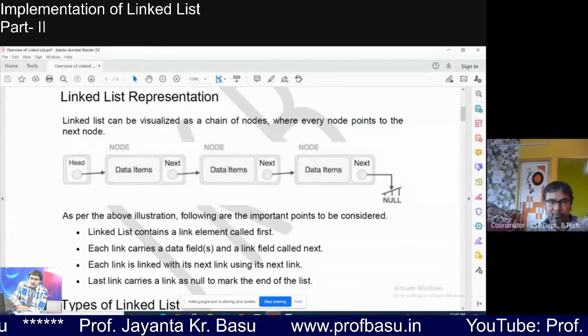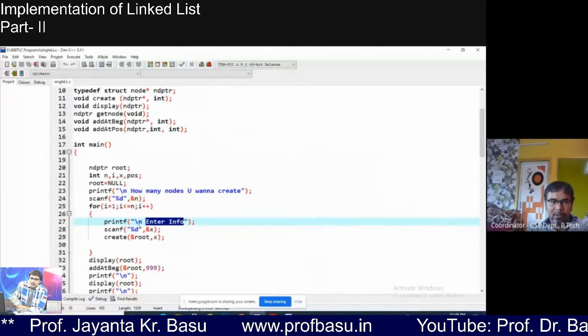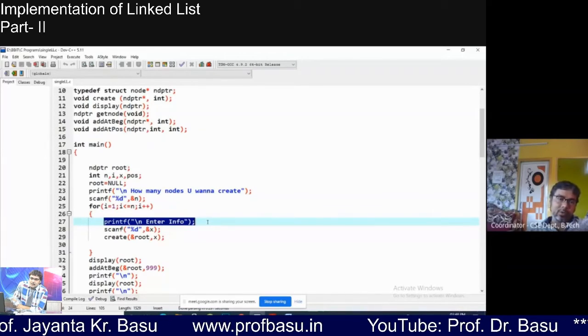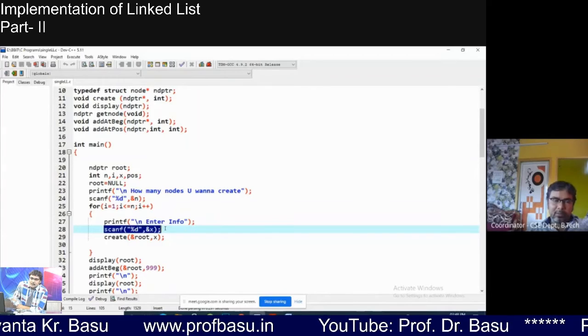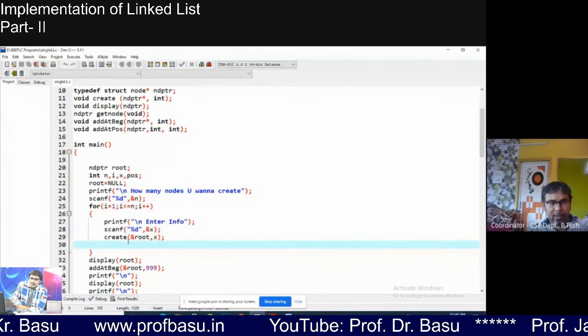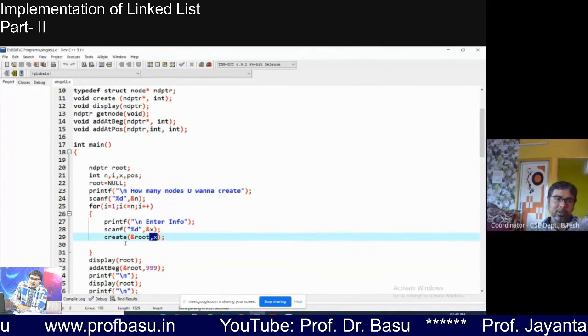So each time we have to ask the data part from the user also. That is what we have done here. We are asking the user what is the data part for the node you are going to create, and we are taking that by the x variable. Okay, and we are passing this x and address of root to the create function.